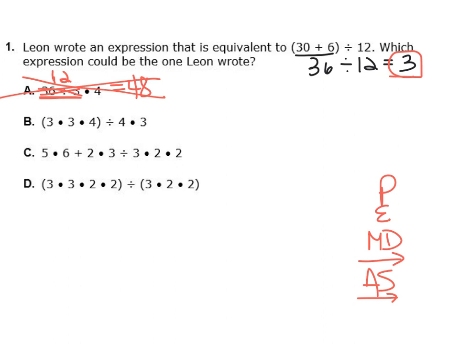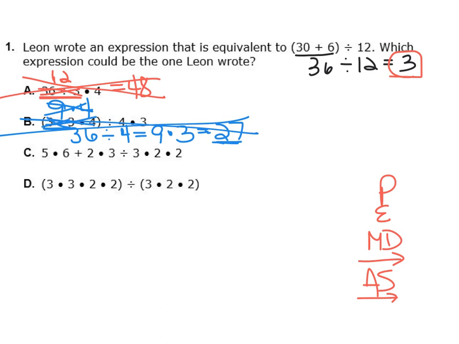B, you have parentheses. So we're going to do parentheses first. And remember, we're doing multiplication and division from left to right. These are all multiplications, so we're going to do the first two numbers first. So 3 times 3 is 9. And then you multiply 9 times 4, which is 36. Then you go ahead and continue on. So 36 divided by 4 is 9. And then 9 times 3 is going to give you 27. So 27 is not the same as 3. So then B is not my answer. Let's go on to